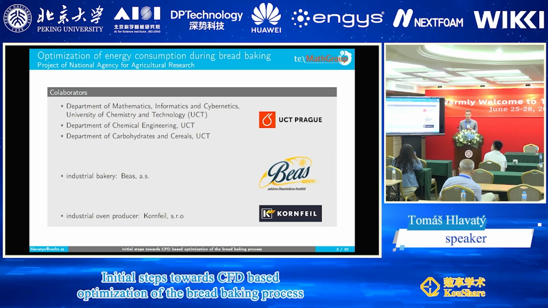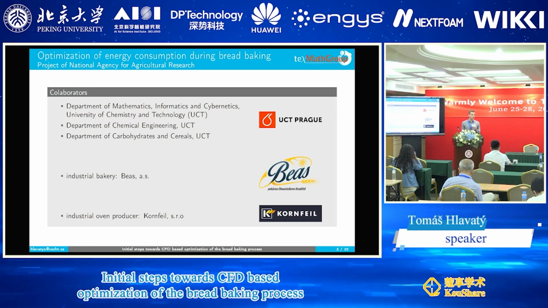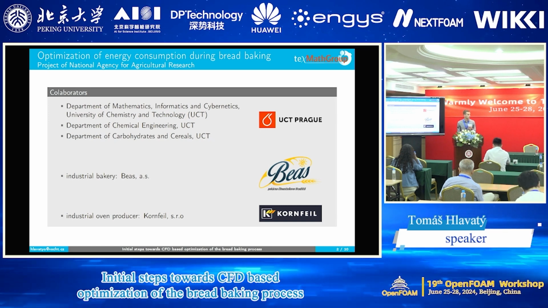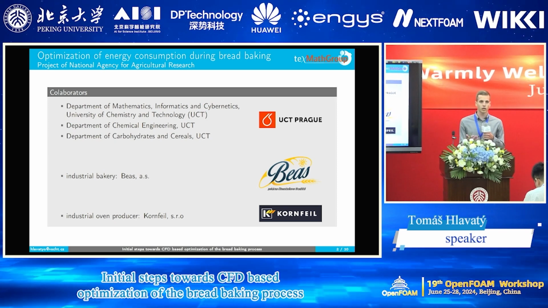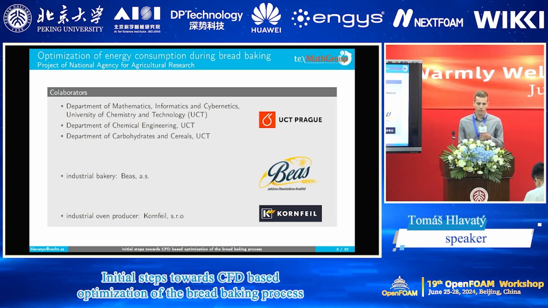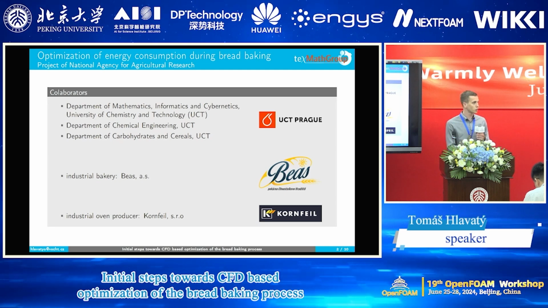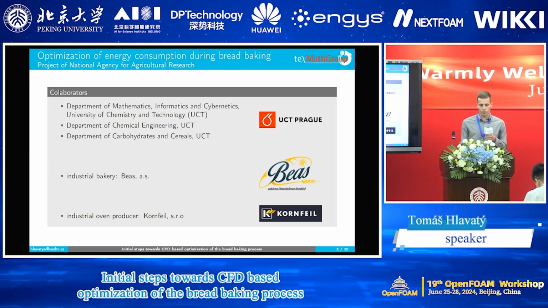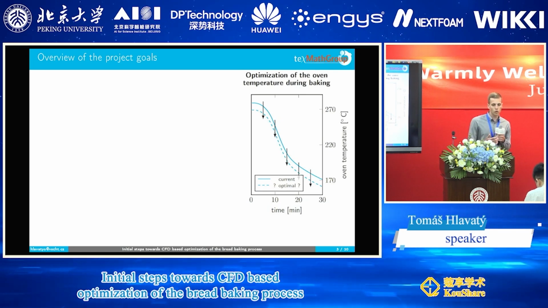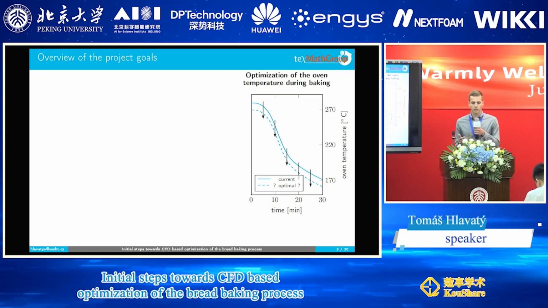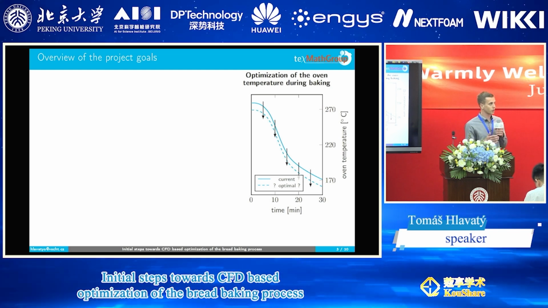We have also collaboration with an industrial bakery. That is great because they will allow us to validate our models in real life industrial ovens. And we also have a collaboration with an industrial oven producer. So the overall goal of the project is to optimize the oven temperature during baking,